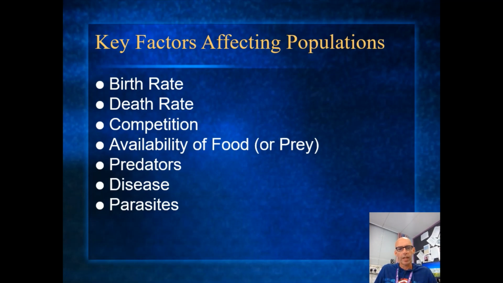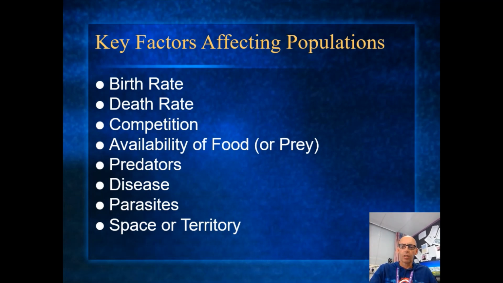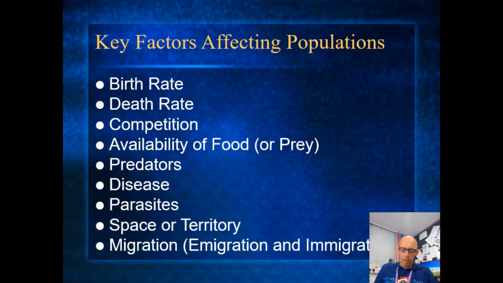It's not going to have as much energy for reproduction and passing on the food, because other creatures such as fleas, tapeworms, different parasites that live in the blood of animals, etc., or parasites who feed off plants, stealing away some of their materials, stealing away some of the leaf surface area, etc. And obviously your space or your territory, so animals competing with each other for where they live. And then you've got some animals move from one place to another, emigration and immigration, moving out of an area, moving into an area. So some animals migrate seasonally.